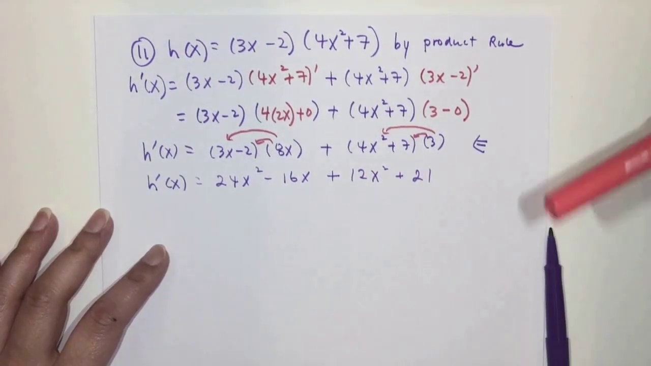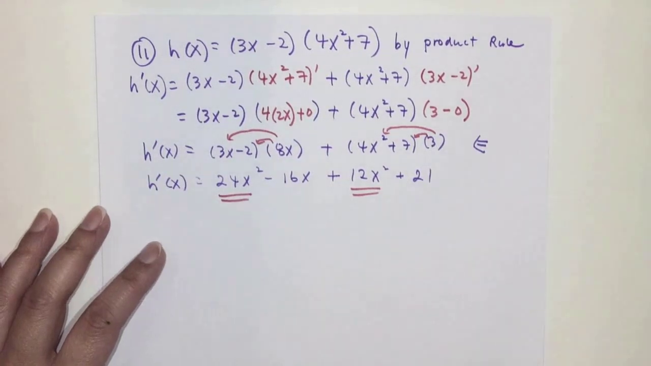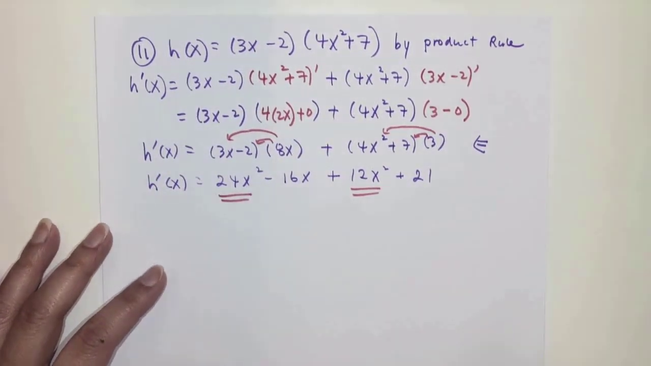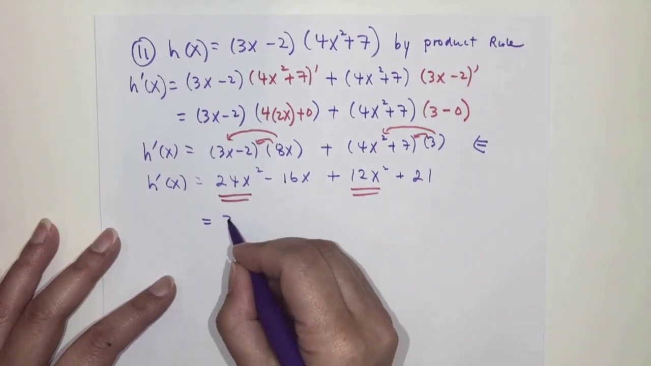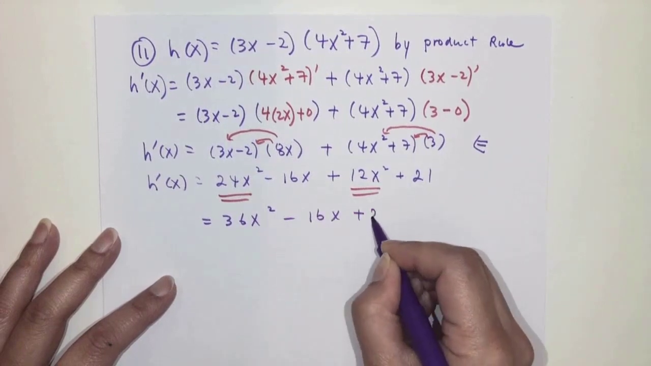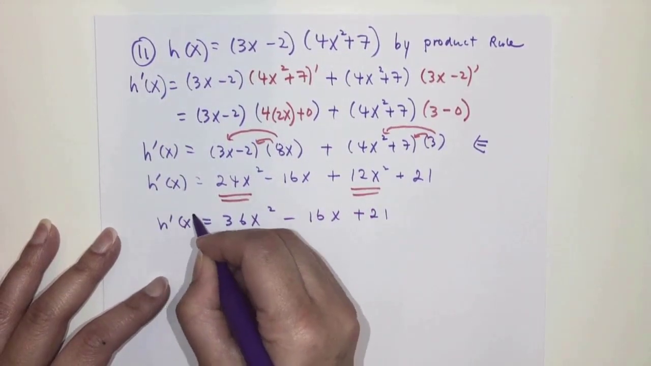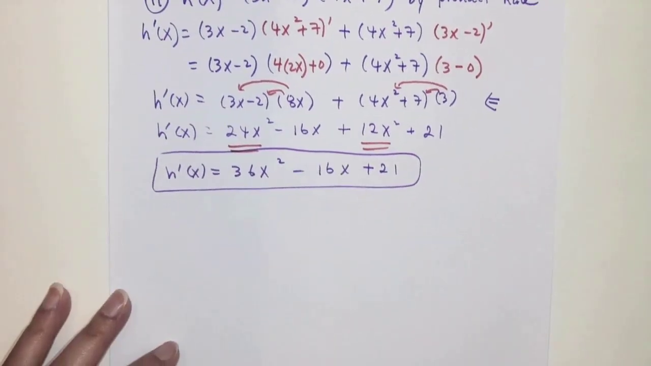Any like terms? It looks like this is a like term here. 24 plus 12 is 36x squared minus a 16x plus 21. So that would be our final answer. All right. And then number 12,